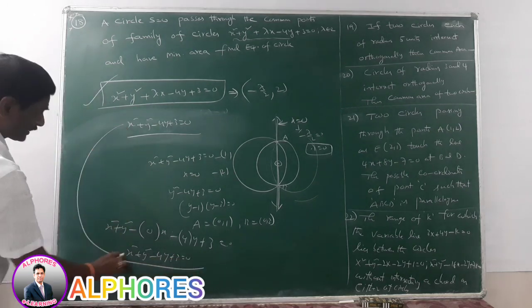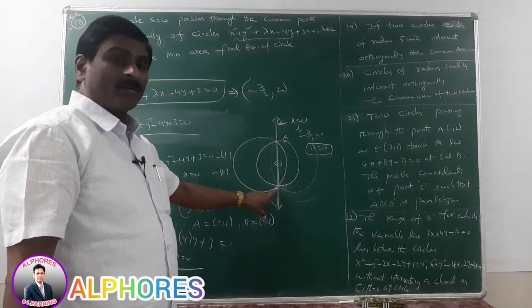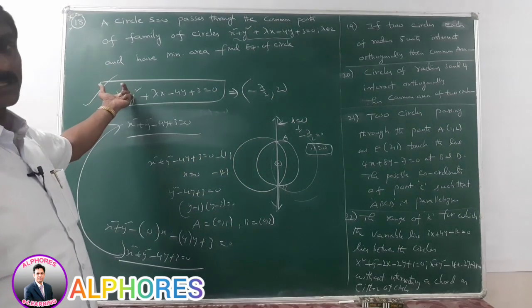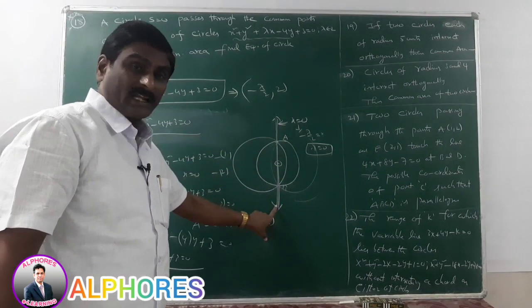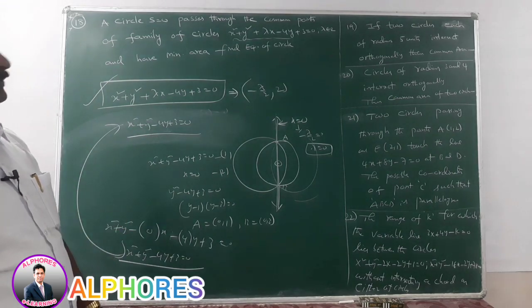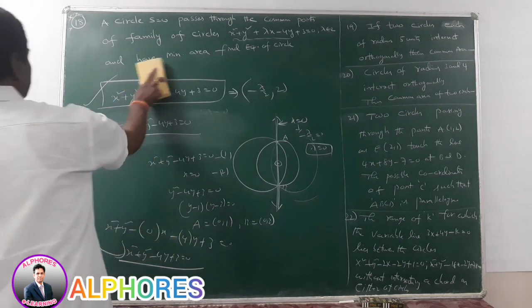Please observe these two equations. These two are identical. We find AB and find the equation of the circle. This is one method. Or S plus lambda L is equal to 0 is the family of circles. For getting the minimum area, the center must lie on the line L is equal to 0. L is nothing but x. Okay, x is equal to 0. Very, very important.